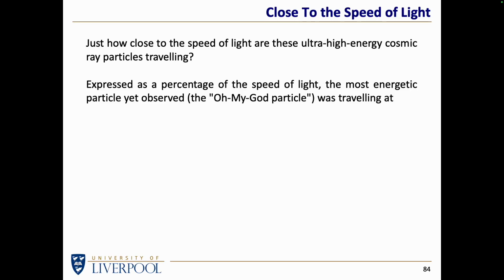No one has proved it wrong. But when you convert the energy of the particle to how fast it must have been traveling, if it was a proton, for instance, which is the most likely particle, then you can calculate as a percentage of the speed of light how fast it was going. And the answer is